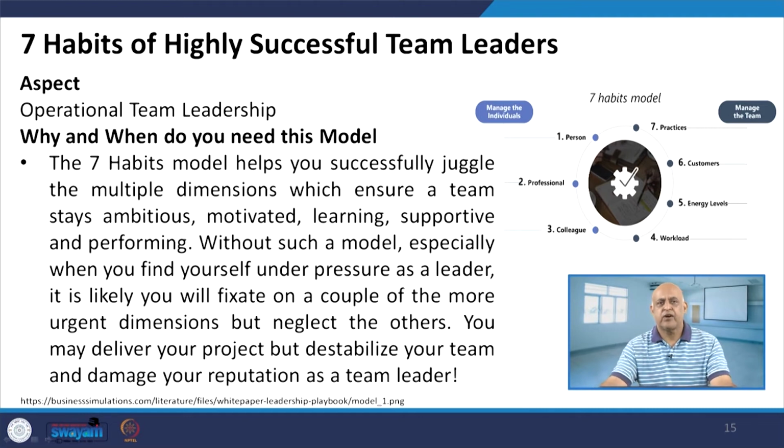Now we talk about the 7 habits of highly successful team leaders, that is operational team leadership: why and when you need this particular model. The 7 habits model helps us successfully juggle the multiple dimensions, which ensures a team stays ambitious, motivated, learning, supportive and performing. Without such a model, especially when you find yourself under pressure as a leader, it is likely you